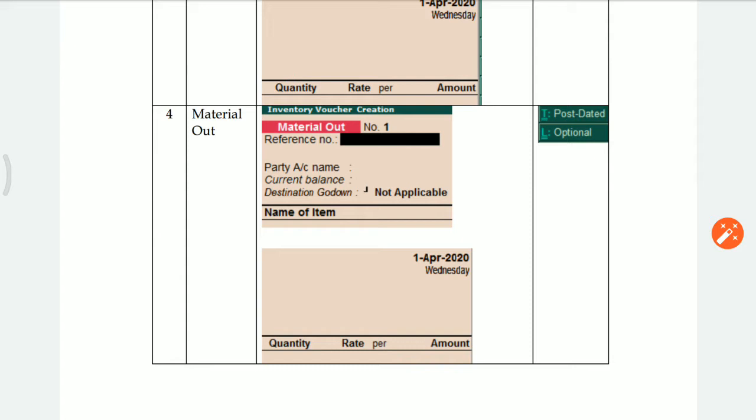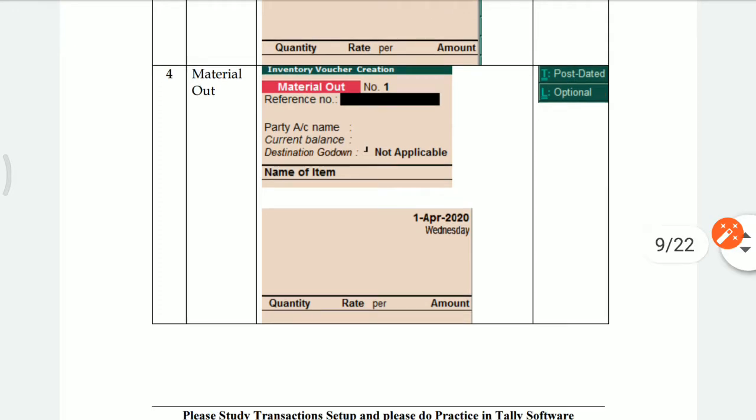Only thing, comparison purpose, they have given different type of options. When you material in means received, as per accounts means received. Material out means you transfer goods from your location, that is payments. Just you have to compare the concept, you will get idea that the account setup and inventory setup is similar way. Only thing is presentation is different.